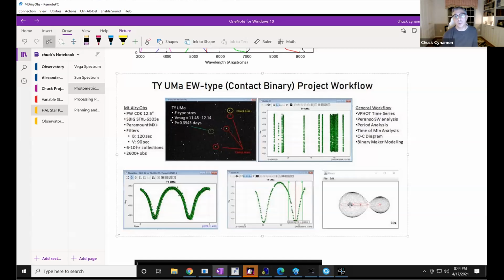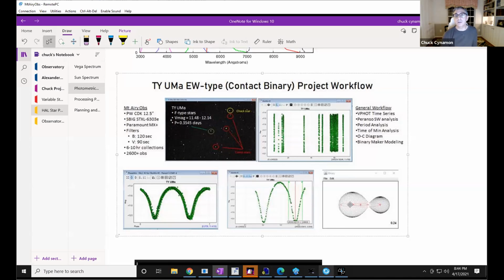And there's also a lot of help that we get from the professional community, as well as an organization called the American Association for Variable Star Observers, that help us undertake projects like this, because this kind of data is very useful to professionals and other amateurs.